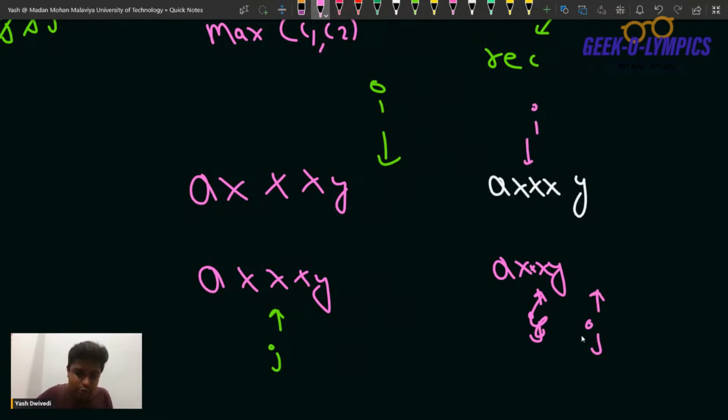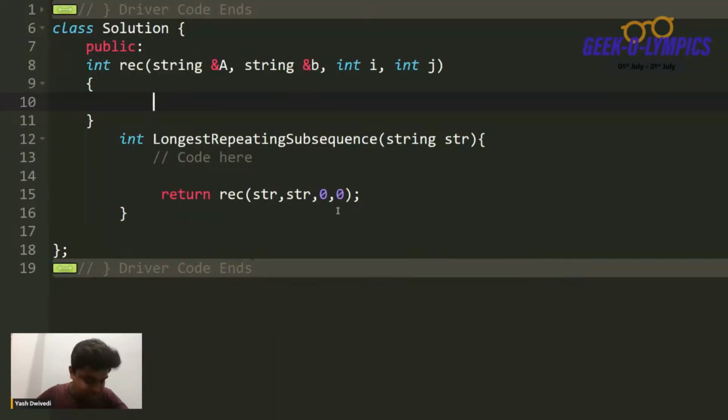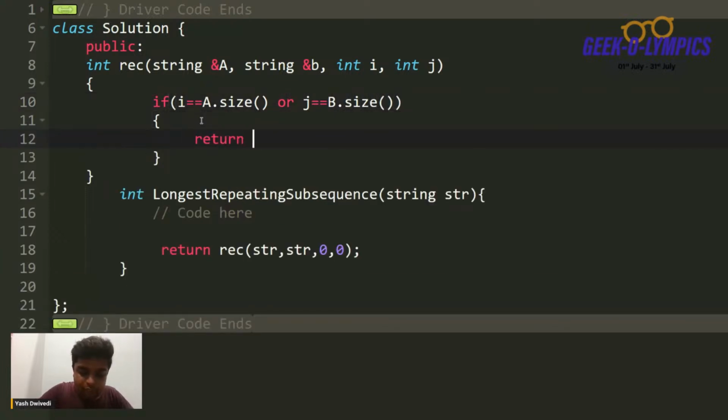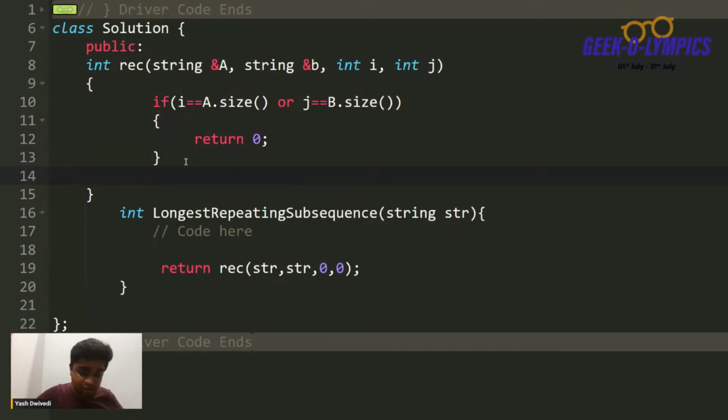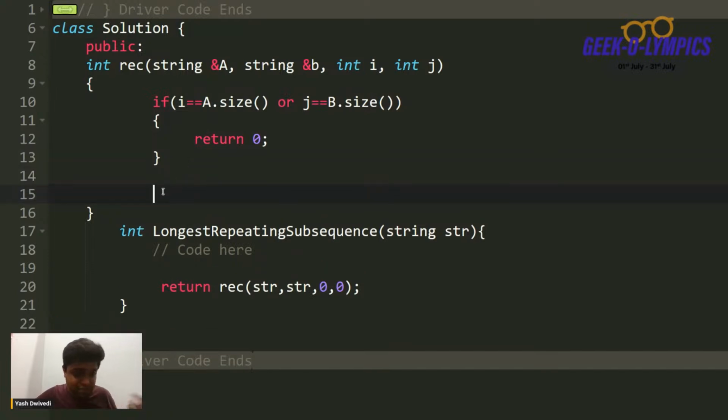So if the j gets exhausted or the I gets exhausted, any of them get exhausted, then we can no longer have any same part, so we'll return 0 in that case. Is this clear, guys? Yes or no? If it happens that I is equal to a dot size, if we exhaust the first string, or we exhaust the second string, in that case we can simply return 0, because nothing will be common any longer, because if I or j, any one of them passes the size, then it is no longer valid,